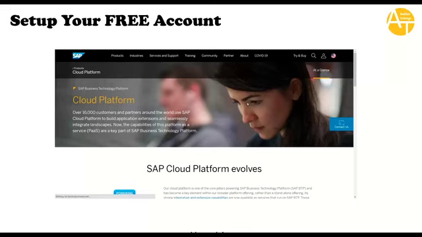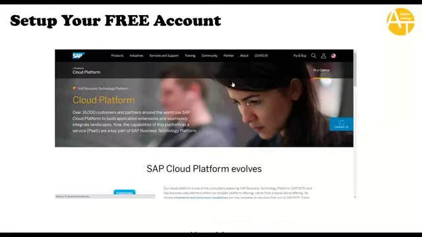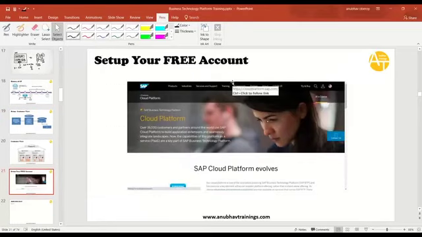So whenever you onboard, a global account will get created for you automatically. The moment you onboard on a trial, a global account is created, and entitlements are assigned to your global account automatically by SAP. So you can't change those entitlements. And then you will create a subaccount. So I will switch over to the system now. What you need to do is register. So you have to go to